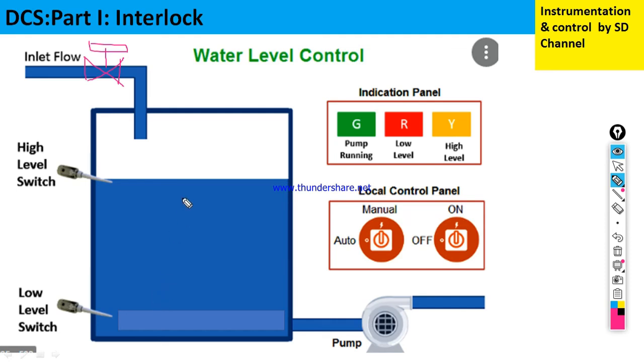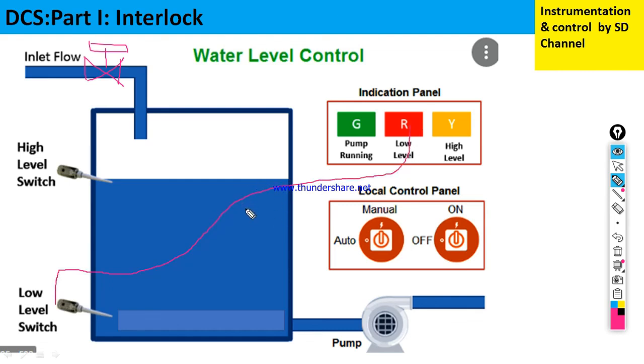Now if I want to make an interlock system, I will explain it later. In an interlock system, the interlock can be made by LC64, ST16, sequence table, all those things. How it can be made, I will show you later. Just for basic fundamental explanation, look into this low level switch and high level switch. So these are the DI, and this is the DO, and pump. From the pump also a DI is coming to show you whether the pump is running or not, whether it is the low level or not. So for low level it is coming from here.